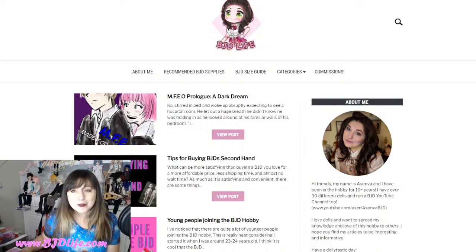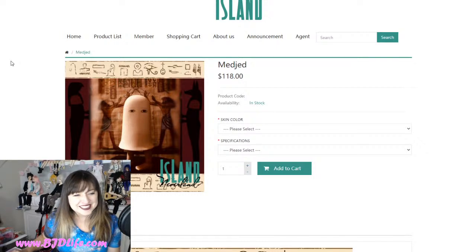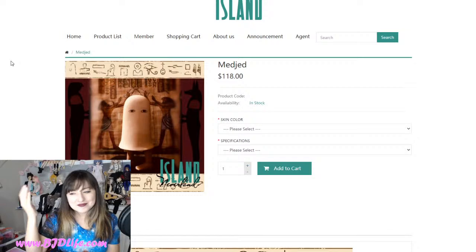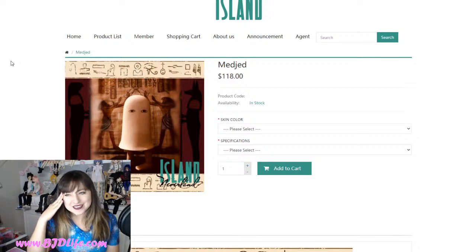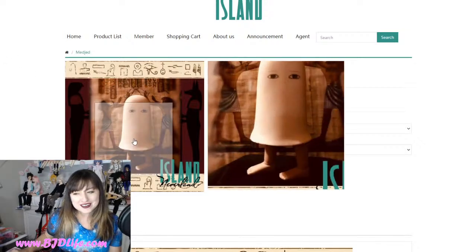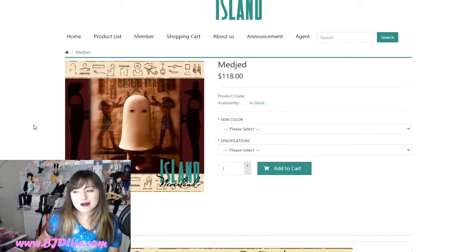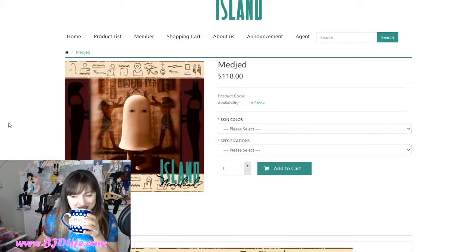with sculpt number 1, coming from Island Doll, Medjed. He's a ghost, I think? A spoop? Maybe? But who could say no to that? I think the beauty of this is that you can draw pretty much any face you want on it. So, for the low price of $118,